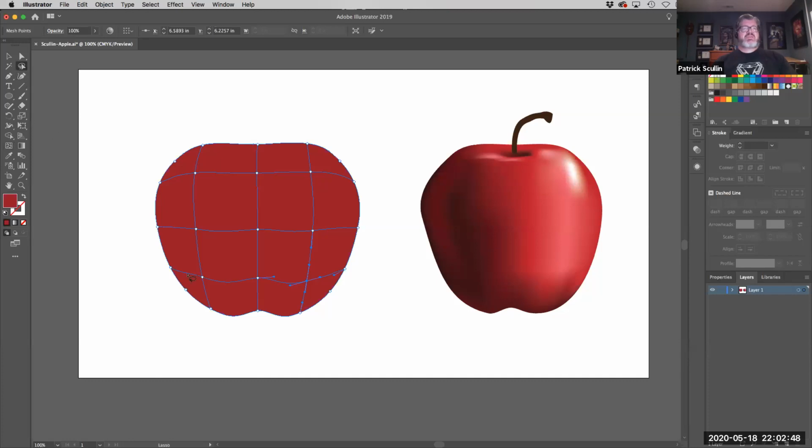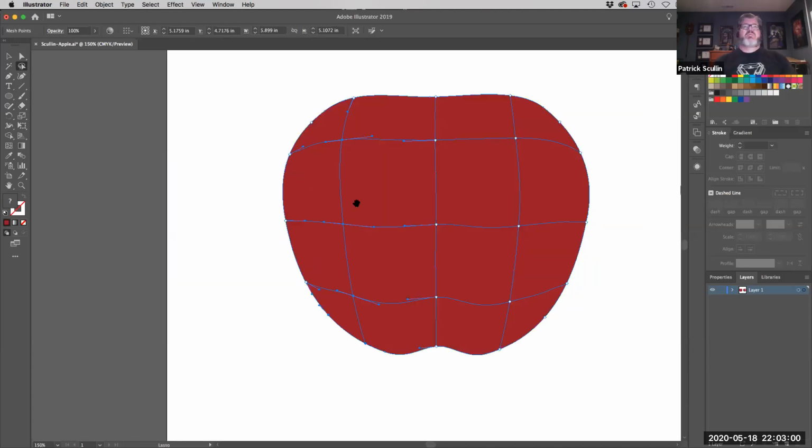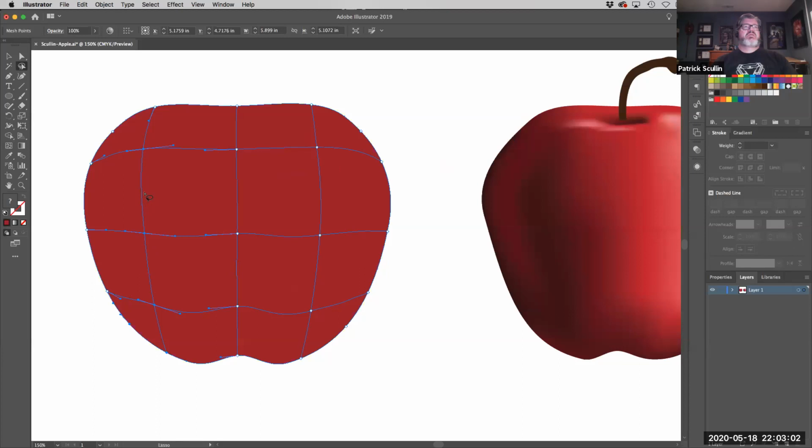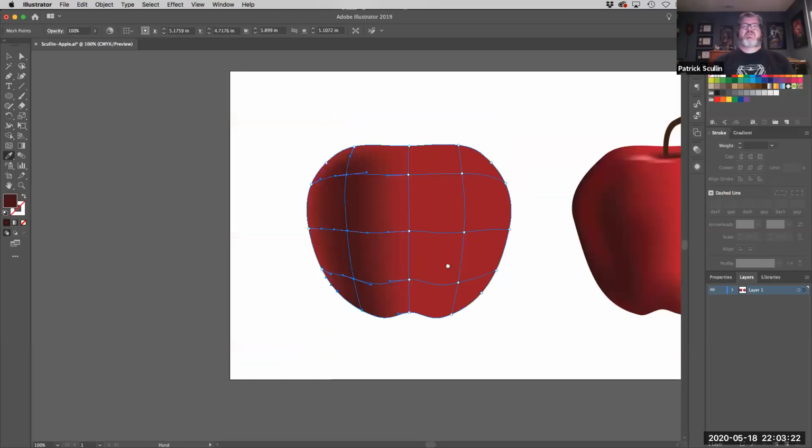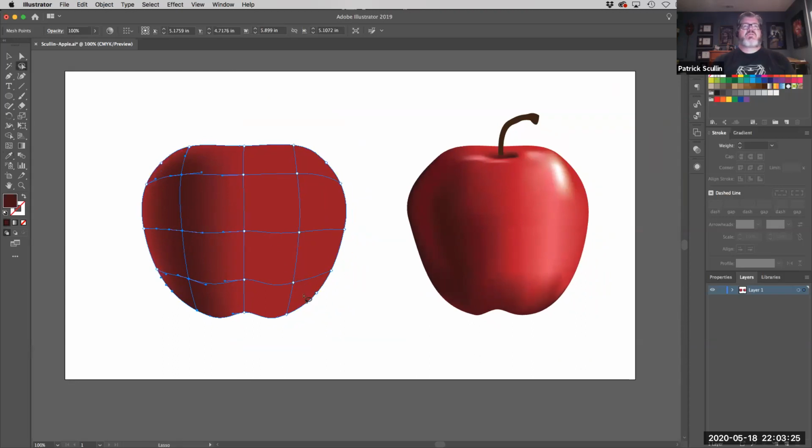So what I'm going to do is use that lasso and go ahead and lasso this column of anchor points. So they're all selected. It may not be easy to see on the screen, but they are there and they are selected. And what I can do is switch to that eyedropper and just click in that core shadow area of the apple over here as my sample, and it throws in that color in that range. All right. And I might do a similar thing on the right-hand side of the apple, where what I'll do is I'll lasso this grouping of anchor points,